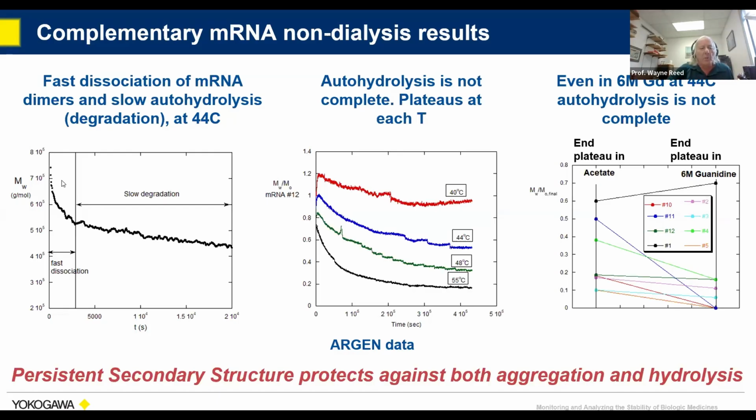And so we did a lot of experiments and determined this is a dissociation. Some of the mRNA is actually in dimers, perhaps even trimers in its equilibrium state. And when you heat it, it actually knocks those apart. But then what's this? When it goes down slowly, that's the well-known autohydrolysis of the mRNA. It's like a backbone biting. And what's really interesting here is this is only 5 hours.